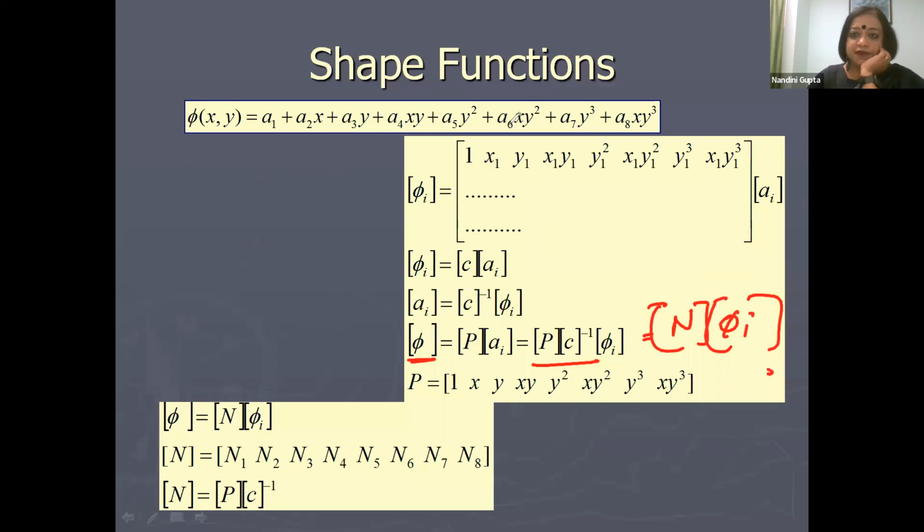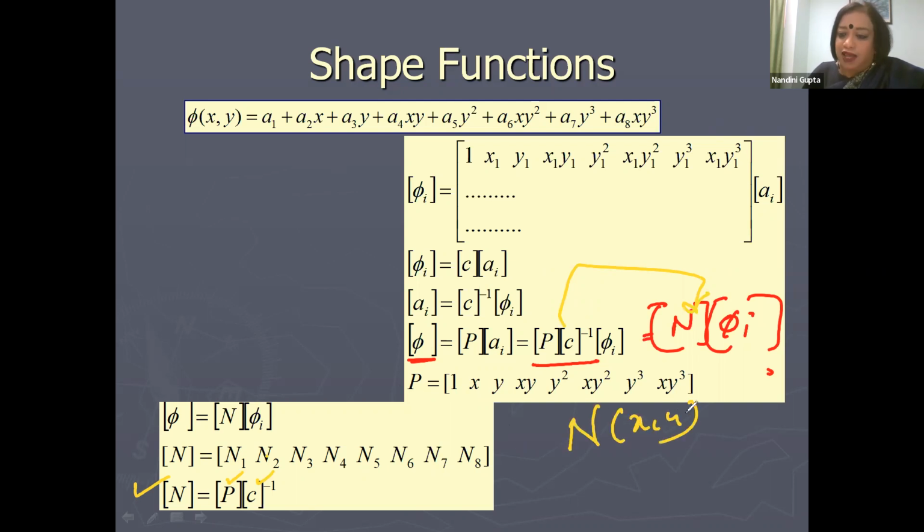which means PC inverse must be equal to N. So therefore, I have obtained the shape function N as P into C inverse. N is N1, N2, N3 up to N8. There are 8 shape functions. And if I know P, I can find N, so I need to find P, N as a function of X